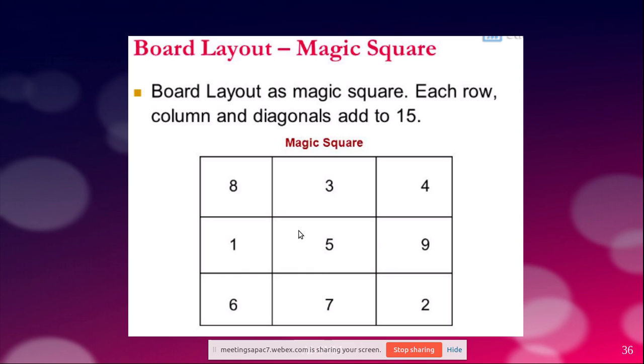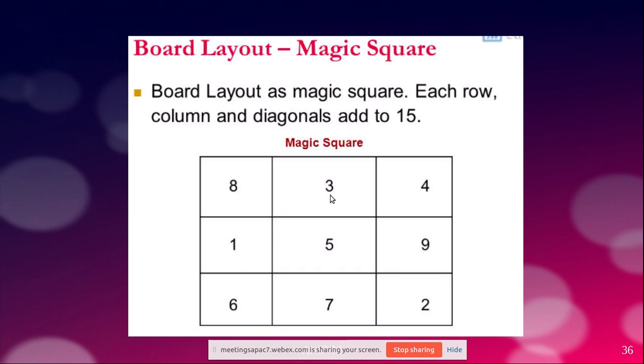Now, how to use that? Imagine that there is a cross here, and there is a cross here. That means this cell is saying 8, this cell is saying 3. Then what is remaining to complete? Yeah, this row has to be used. So to make it, you need a 4.